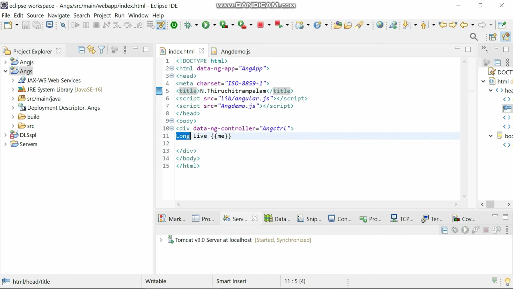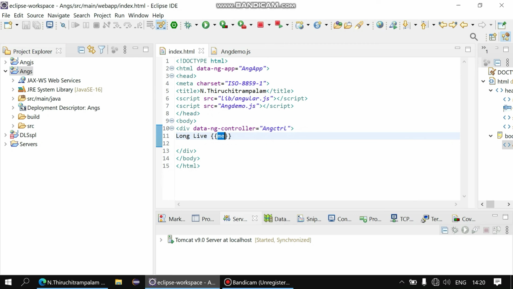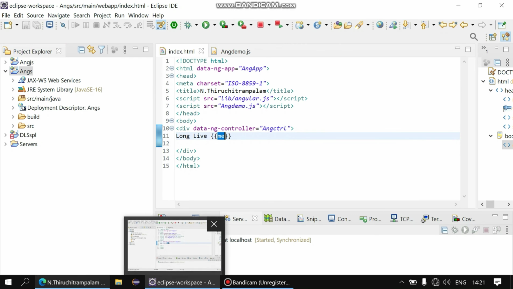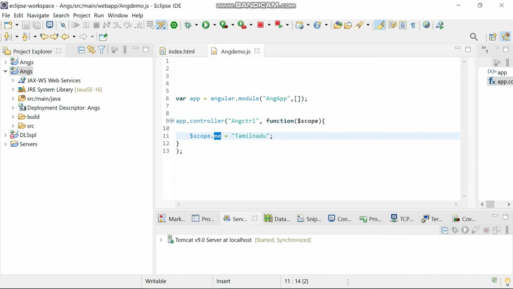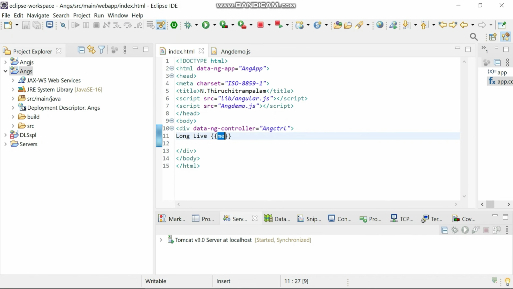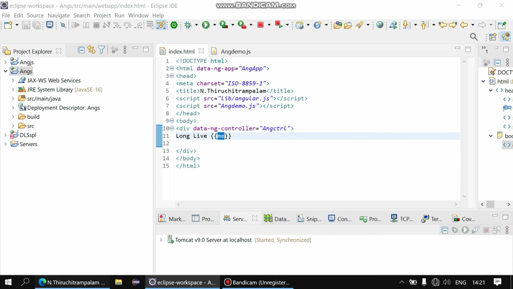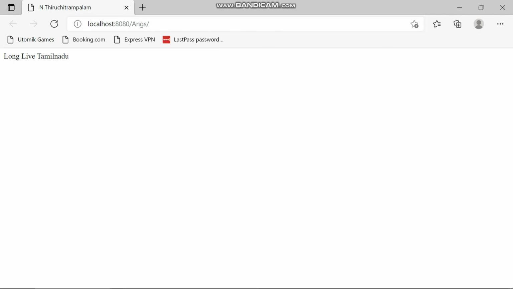After the text long live, I tried to access this property, the scope property named me, within the brackets. So when I run the application, I got the output, that value, Tamil Nadu, printed on the web page. Here you can see Tamil Nadu.